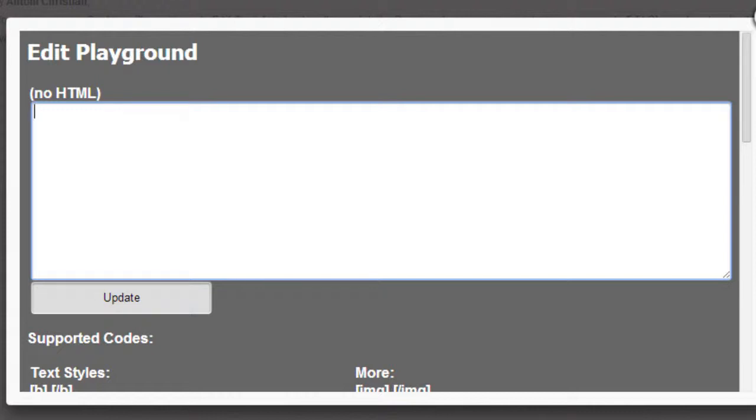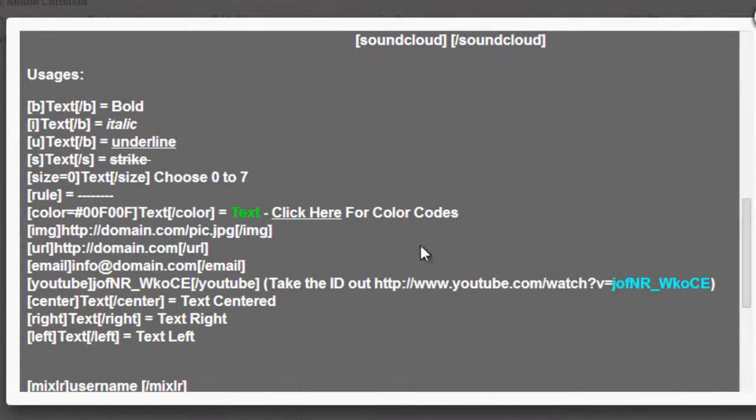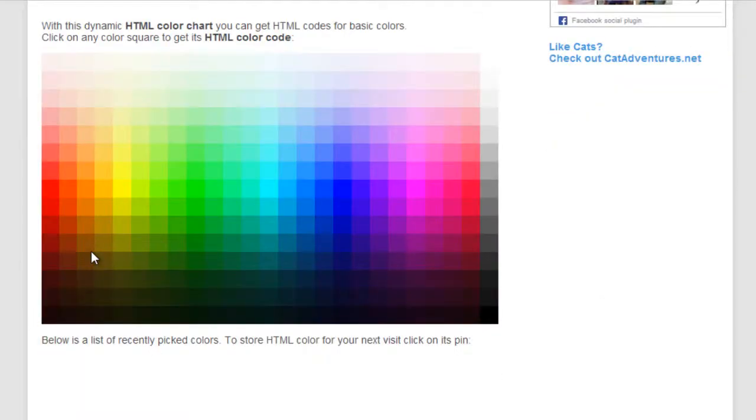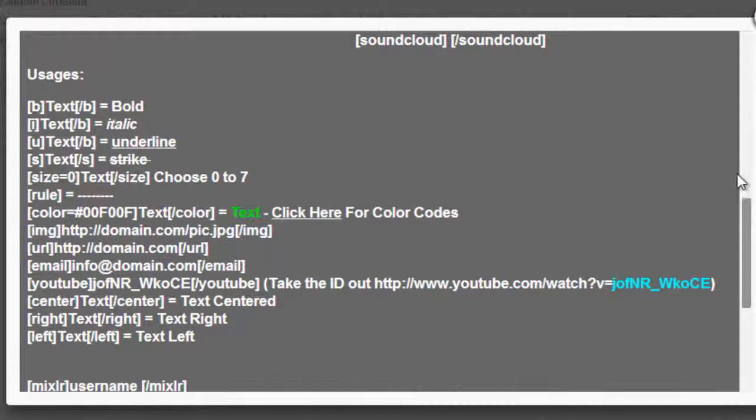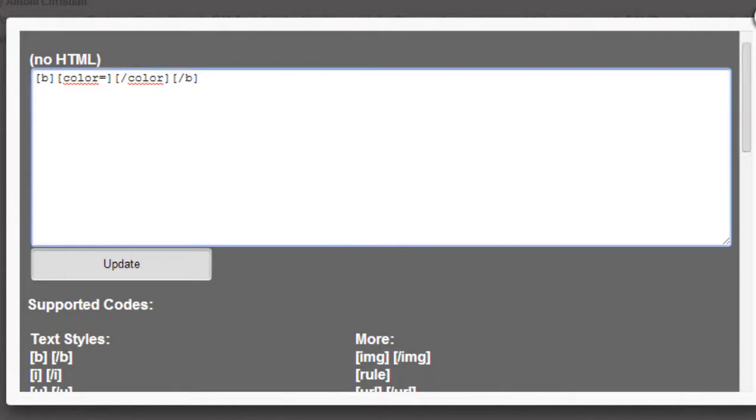Well, you can mix up the BB code, so you can say B and then /B to close it, and then in between these BB codes you could put the color BB code, so you can type in color equals, close bracket, open bracket, and then /color, and then you can enter a value again. You can enter a hex value, so I'm going to come down, click on this link. I'm going to choose a pink and right click there, copy the hex code, come back up, paste it in,